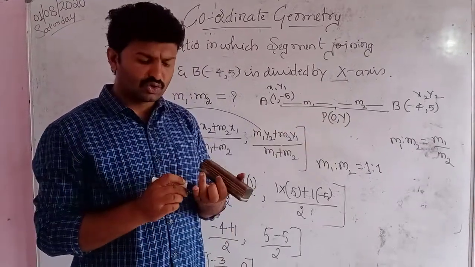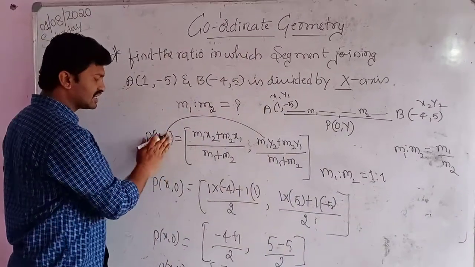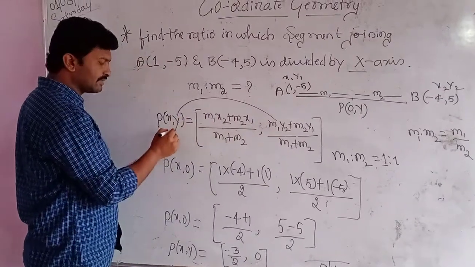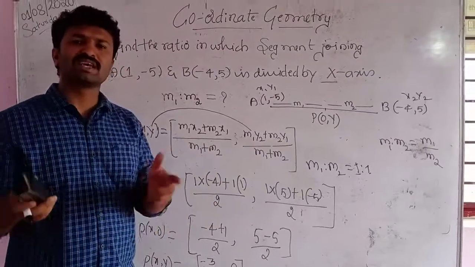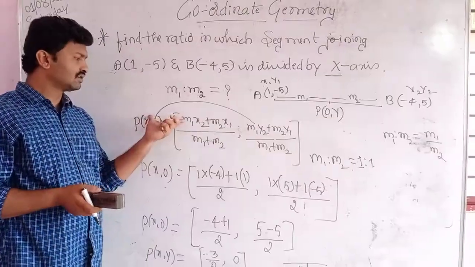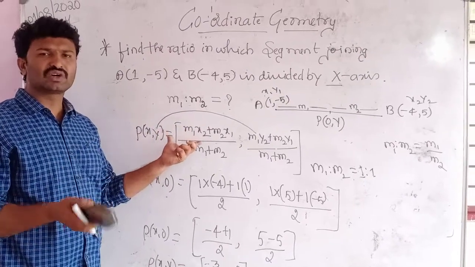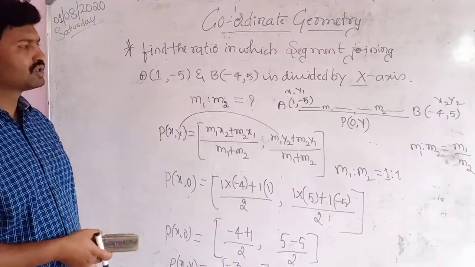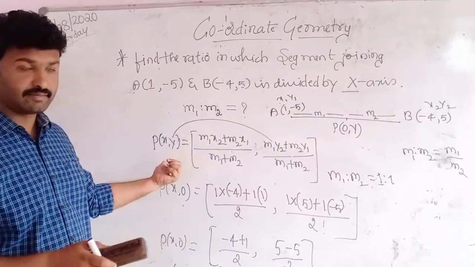Okay, in finding the ratio, you just consider only one coordinate point in the section formula. For example, this is P of xy and this is the section formula. Here, if he has given both, you can use either, but you will get the same answer by considering only the corresponding values of x and y. You will get the value of the ratio. Need not consider both. This is the way how to find out the ratio and the coordinate points of P.